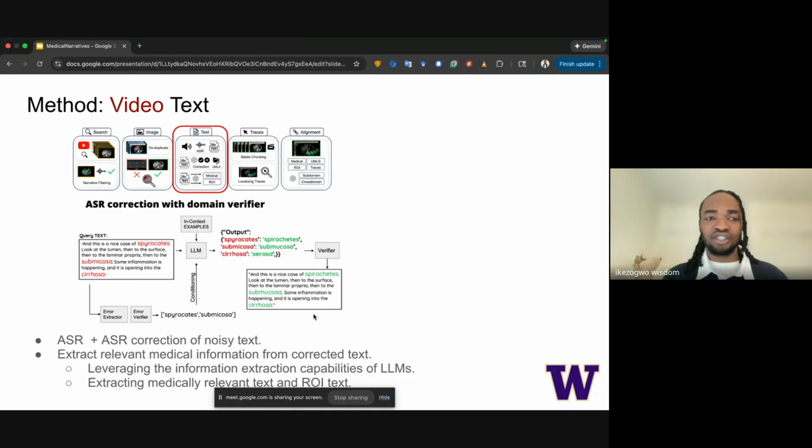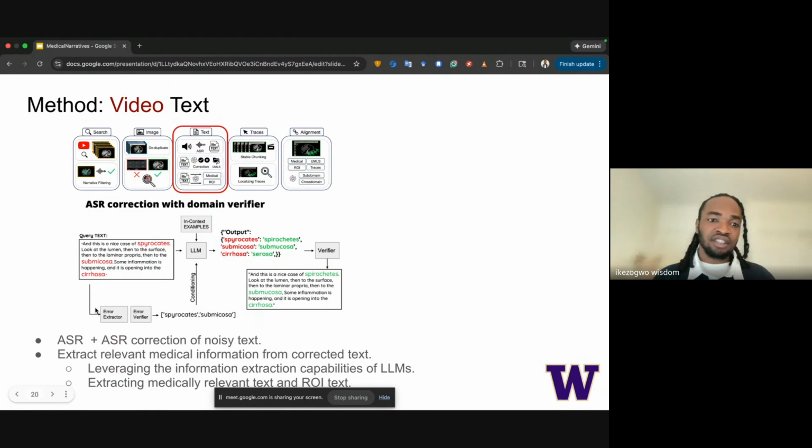One of the main issues that we had was not having a medically fine-tuned ASR model, which we couldn't find or train, because that would require a different type of data that was even harder to curate. So we used an off-the-shelf ASR model, and we followed that by correcting the transcriptions and then extracting the medically relevant text. Specifically, we built a 4-step text denoising pipeline to clean the noisy ASR transcript.